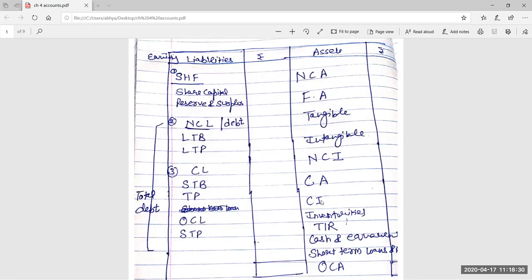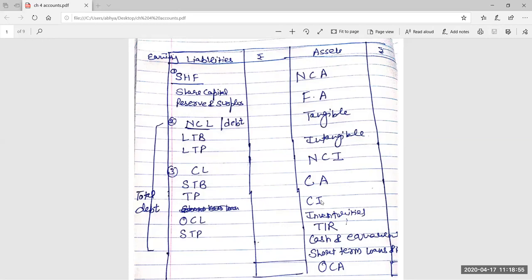Okay, so if the total of one side is given, say total assets, and you have to find any one item on the other side, then you can easily find it by using the balance sheet format. Just draw a rough balance sheet. You need not use any formula. Just put all the figures given in the question, and you will be able to find the figure which is not given.